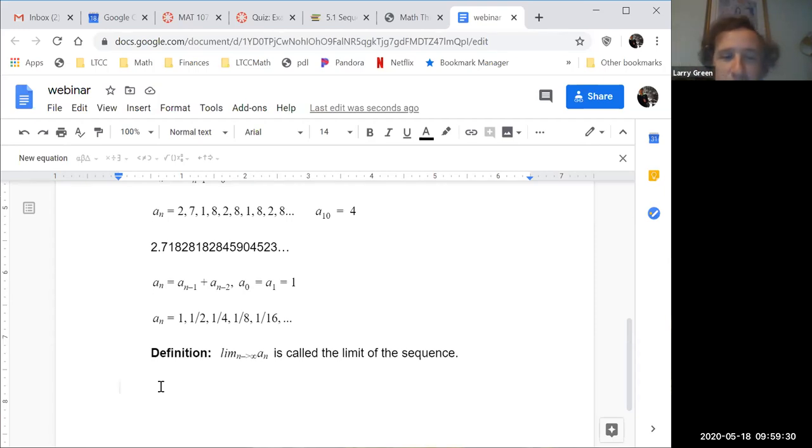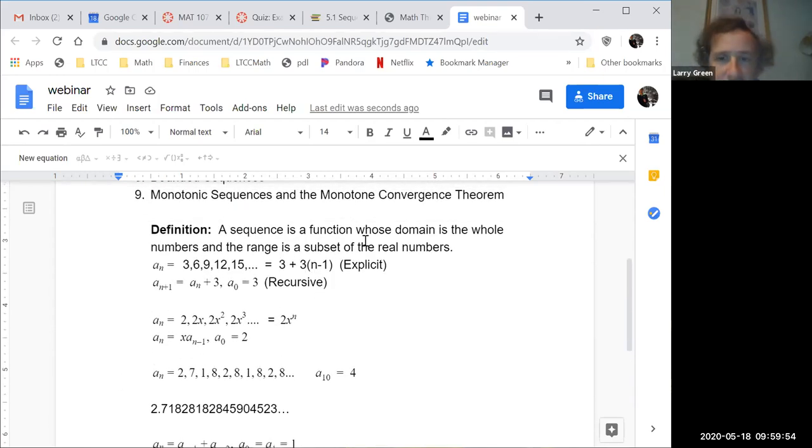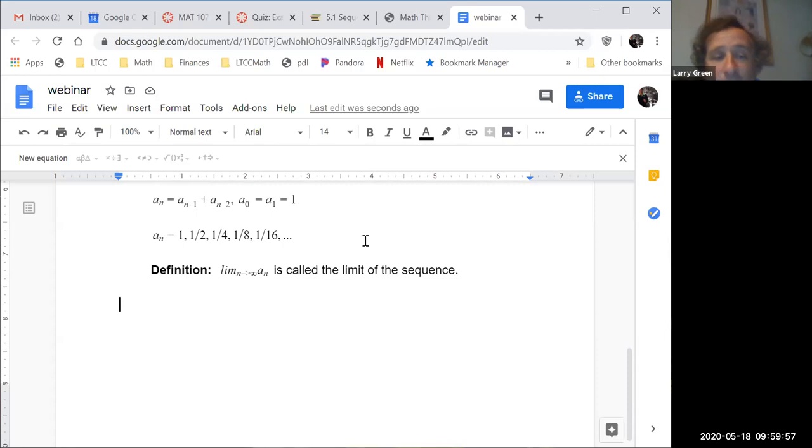If you want to really learn about the formal definition and really work with it, you need at least 2 more years of math, and you'll get there. Right now, I want you to get the idea of the limit, and you can look at this last one and say, yeah, that one goes to 0. Whereas the e sequence does not converge to anything nice. e doesn't all of a sudden become the same number. Neither does pi, by the way. There is no last digit of pi. It just doesn't all of a sudden become the same number. So forget it. Any questions on that?